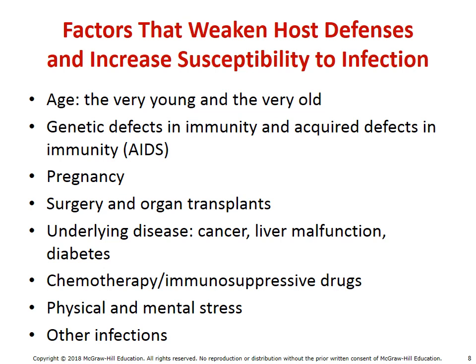We also see things like genetic defects, where again, genetically, you are more predisposed to have a weaker immune system, or even acquired defects like AIDS, for example. Pregnancy is another situation where naturally immunity goes down. Surgery or physical trauma also decreases immunity. Additional disease like cancers or other infections could lead to, again, greater risk of infection. Using drugs that hurt the immune system, like immunosuppressive drugs, or even literal stress can cause issues with immunity.